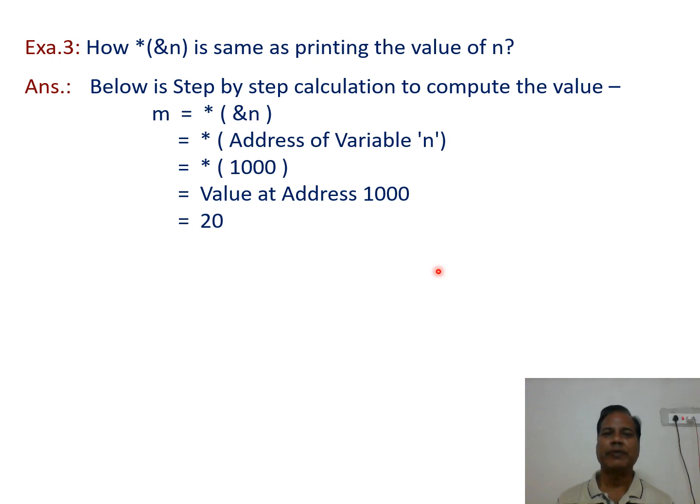So in this way we saw what a pointer is, and then how to print the data stored at a particular memory location using the pointer, and some example programs on how to print the address held by the pointer variable, or how to assign the address of a variable to the pointer variable, and some few examples.